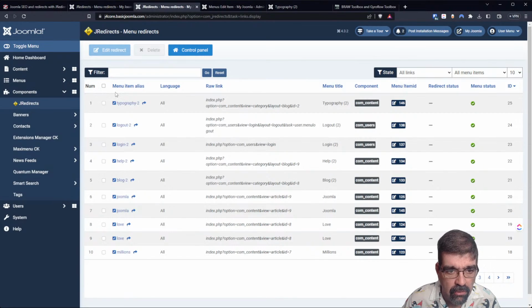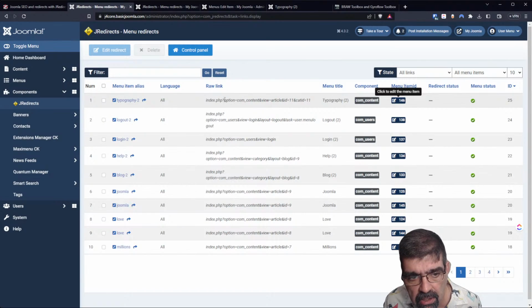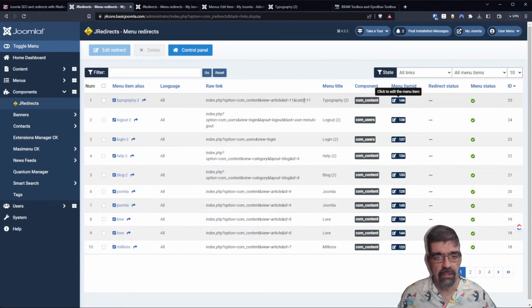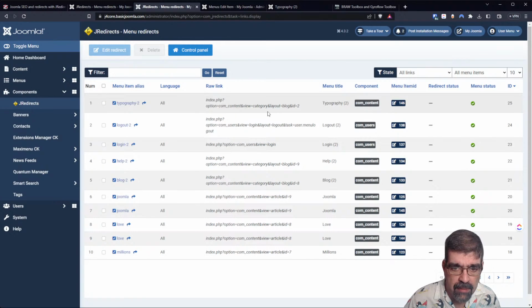There's a redirect now. So typography 2, when that comes up, it shows the raw link there, which is category layout equals blog ID 2. Before, remember, this was a single article, it went to here. Now that would change anyways, but the cool thing is that someone going to this page will be redirected to this URL. Interesting. All right. And that is good. That just happened automatically